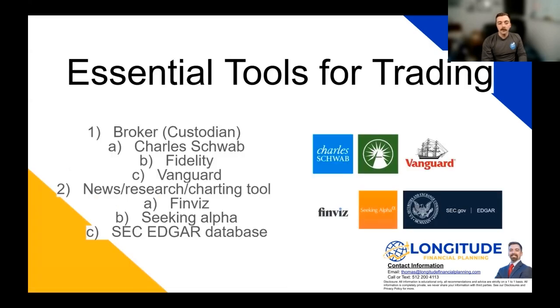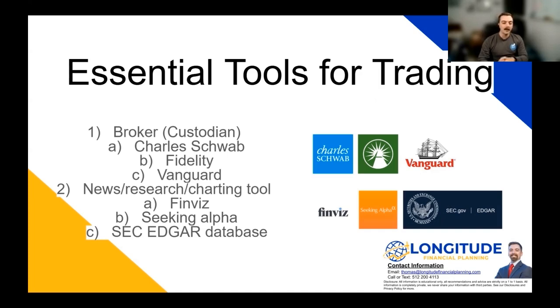So, essential tools for trading. First, you would need a custodian. And as I alluded to, it doesn't super matter what custodian you use. They're all very similar in what they offer. Charles Schwab is the custodian I use with my clients. Fidelity and Vanguard are also very good. These are not the newest generation of brokers. There's a number of them out there, like Robinhood. These brokers have limited tools, more robust research tools, and that's the second part you really need in order to